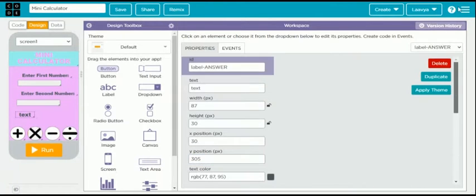And we'll remove text from here because it will get displayed on its own. Now you can just adjust all the elements as you want.